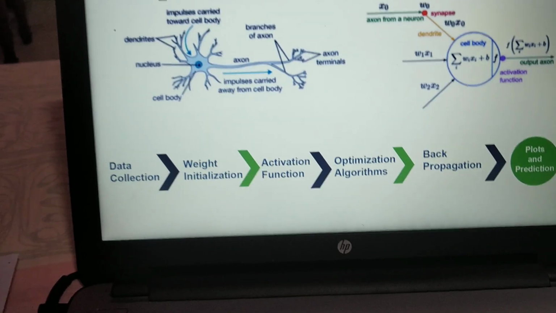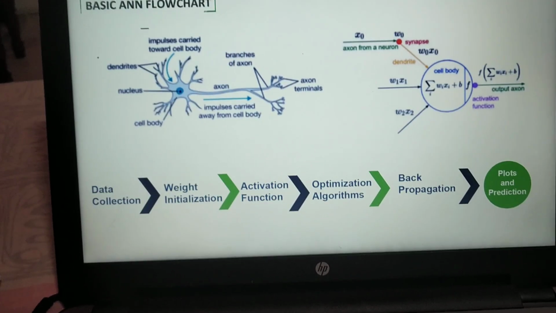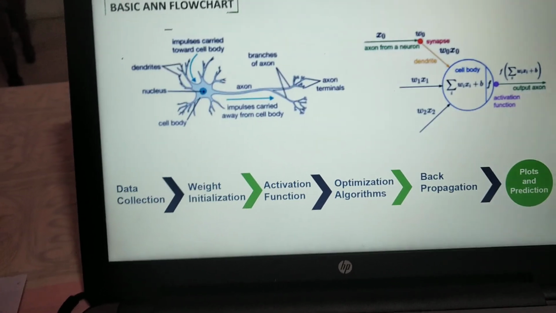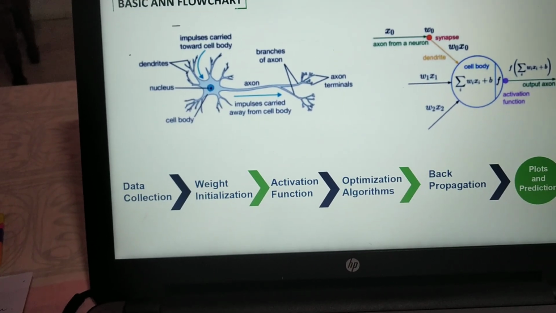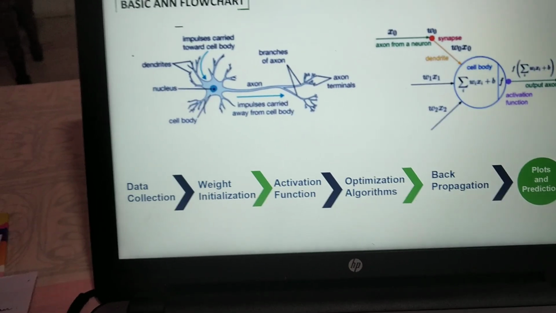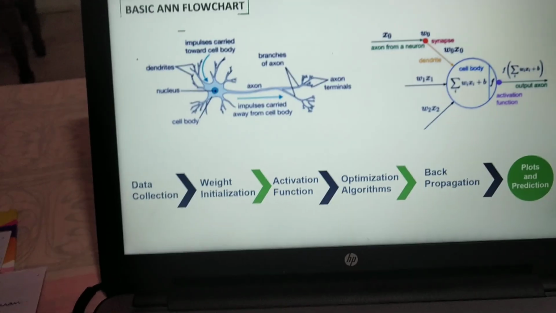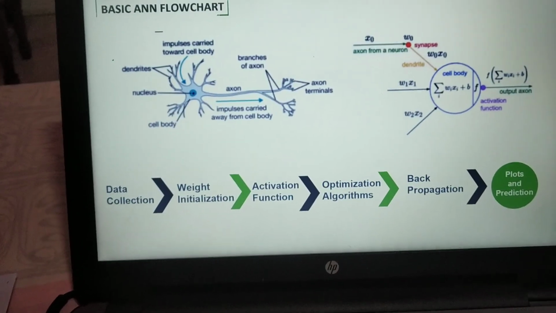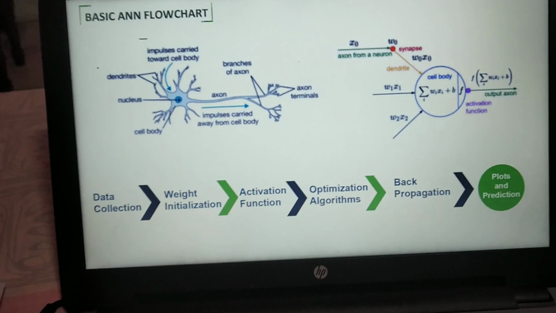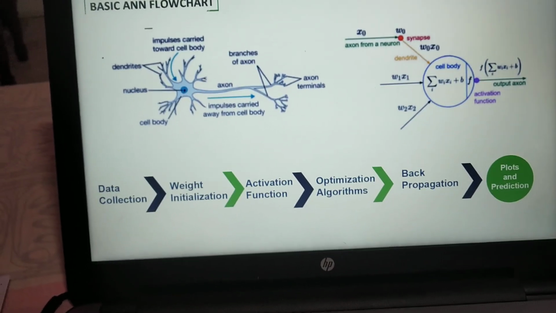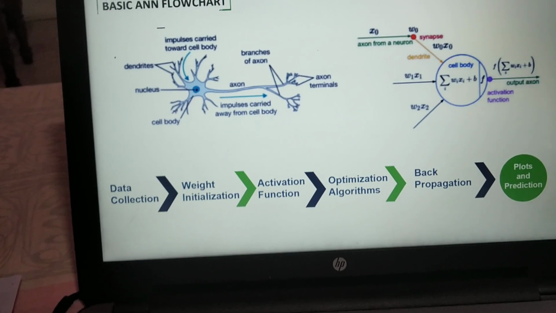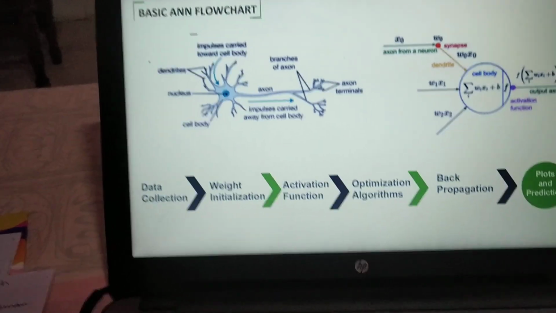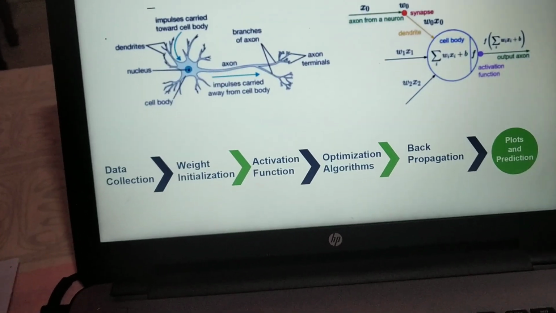Coming to the activation function, our output is highly triggered by the activation function. The activation function basically fires a certain output value that we'll get. Suppose we consider that the cat has whiskers, but the normal cat has smaller whiskers, whereas the catfish has larger whiskers. So it will activate the function for smaller whiskers and will provide an output of a cat, whereas if the input is a larger whisker, it will activate a 0, that is, it is not a cat. So this is what an activation function does. I'll be explaining the types of activation function in the later part of my presentation.